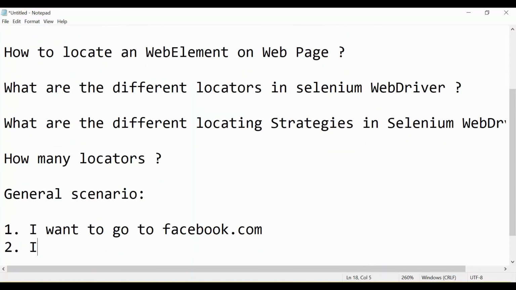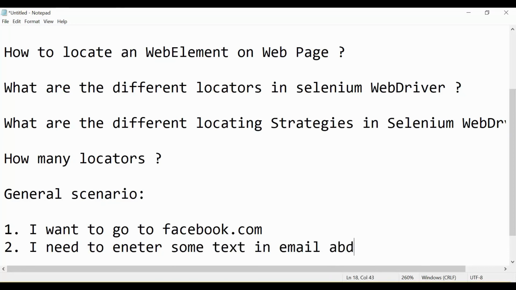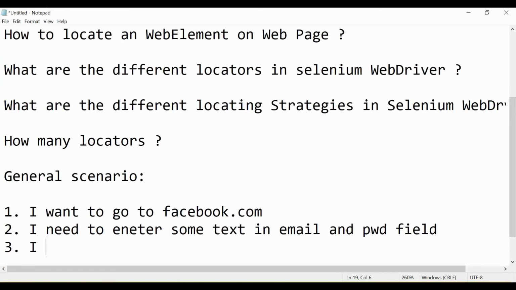Then I need to enter some text in the email and password fields. And then I need to click on the login button. So this is the general scenario.